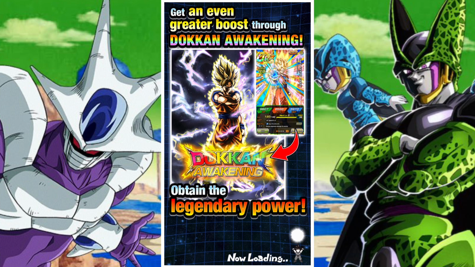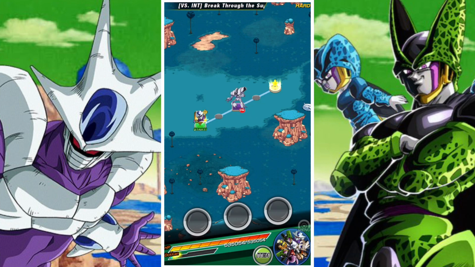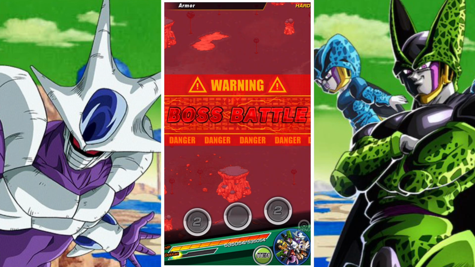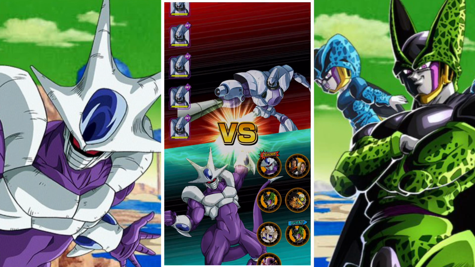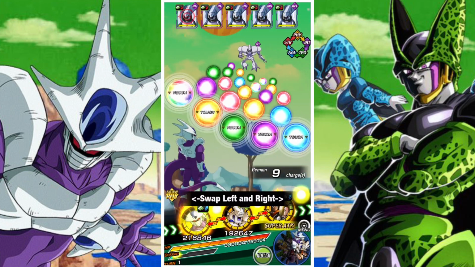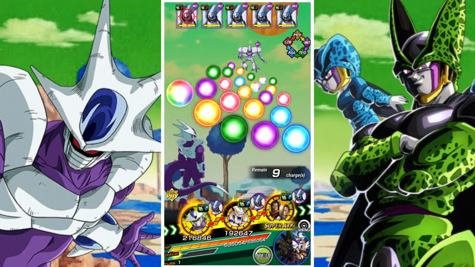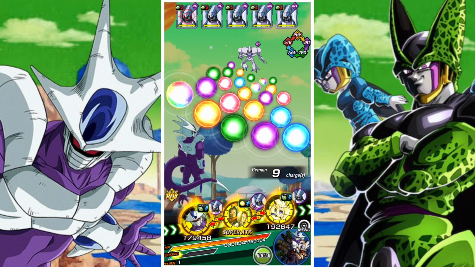In this video we are going to be taking a look at the final Breaking Through the Super Armor event challenge. So this is the versus int and this is the final one that we have to do. Obviously your goal is to build a physical type team, and as a full